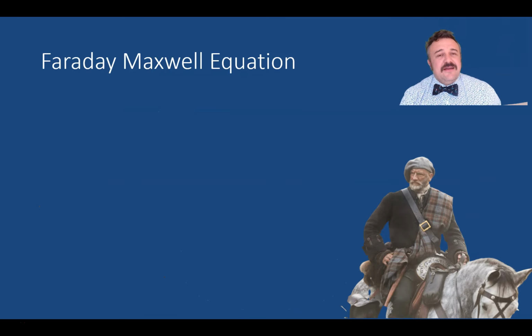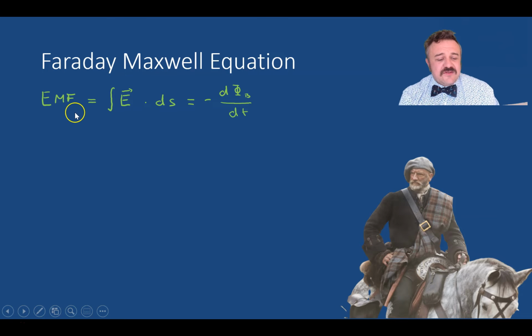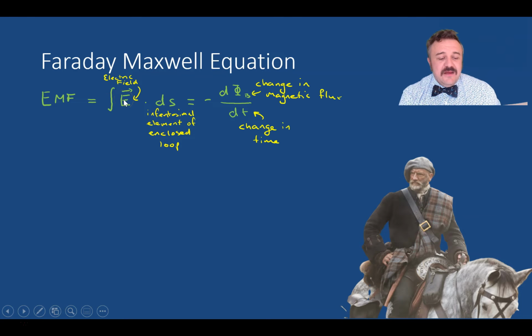Then we get to Faraday. Now Faraday, a bit of a big dog in physics, particularly this field. He and Oersted were the guys who really put together that there's something going on between electricity and magnetism. So the electromotive force, just a voltage. So let's have a look. This is the Maxwell version of Faraday's work. The integral of the electric field, the infinitesimal,